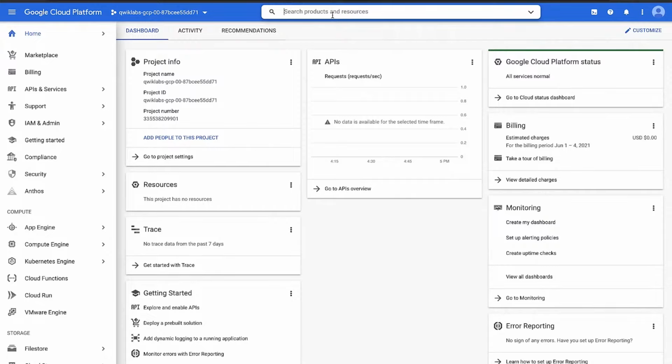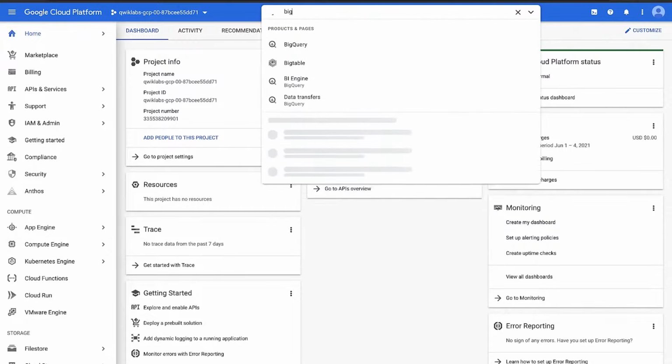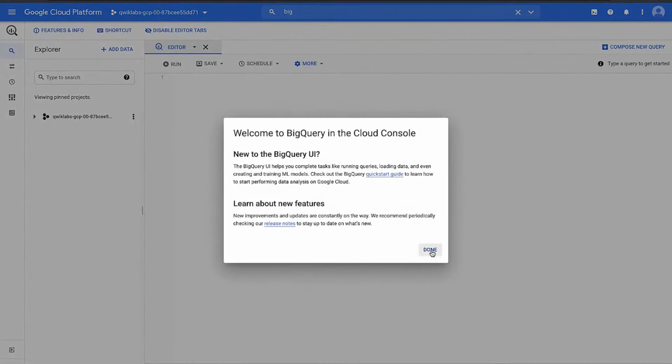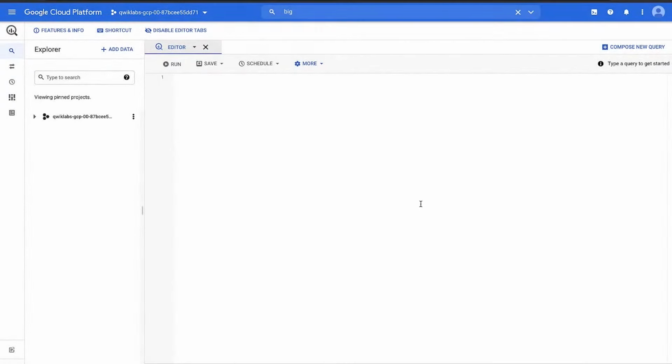So since we're talking about BigQuery, let's go ahead and get started by navigating to the BigQuery web UI. And like we said before, the web UI is just one way that we can interact with BigQuery. Now, before we actually get started, let's just take a quick tour of the web UI itself. Front and center, we have our query editor where we can, of course, write queries, run them, save them, schedule them, and so on. And on the left-hand side, we have some other actions that we can take inside of